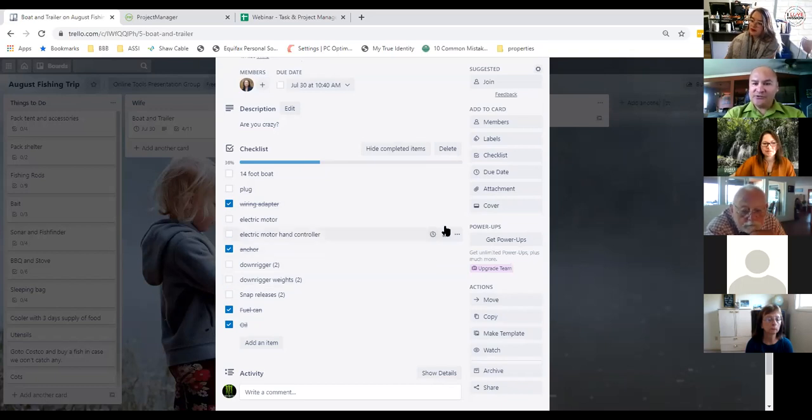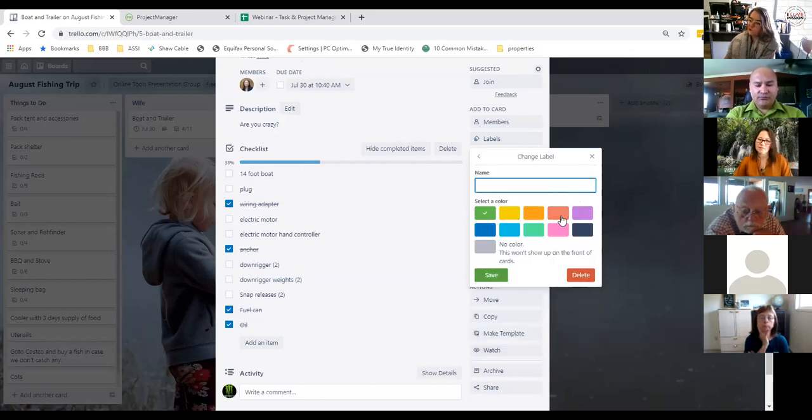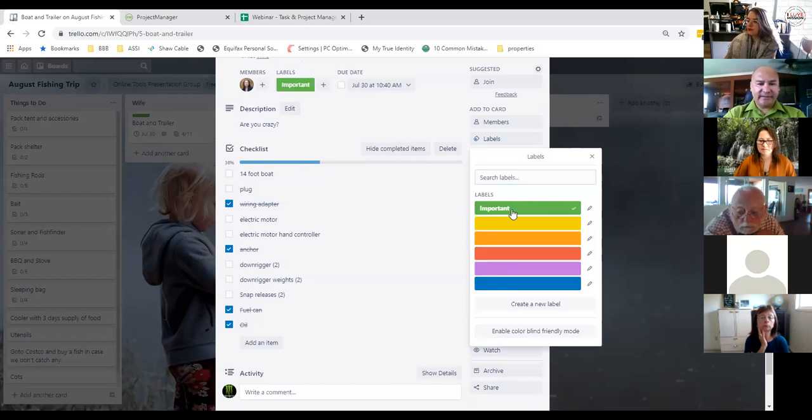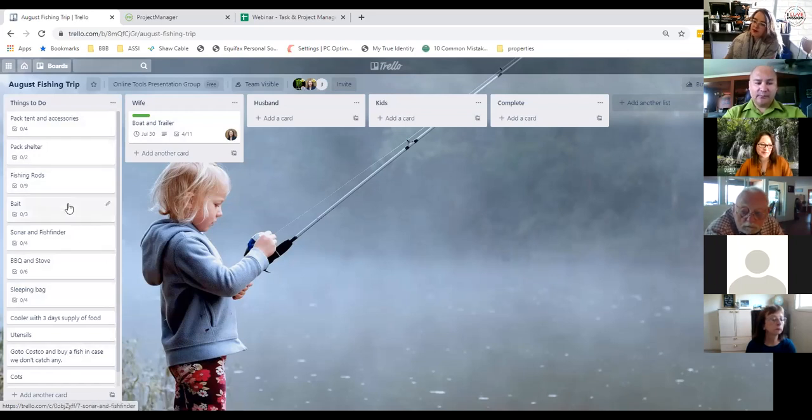So from here, we can also label it, okay? If we decide that a label is, what's a label? Important. Fantastic, I'll save it. So anything important is to be labeled green, right? We do need the boat to go fishing. So then we can see straight away that is an important element, so on and so forth. So we can determine from here what's important, what's not important, right? For here, for example, the sonar and fish finder, I think it's jolly important, but others may disagree. So they may say not important, so they would label it differently, okay?